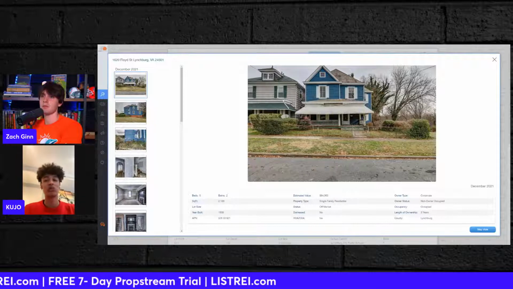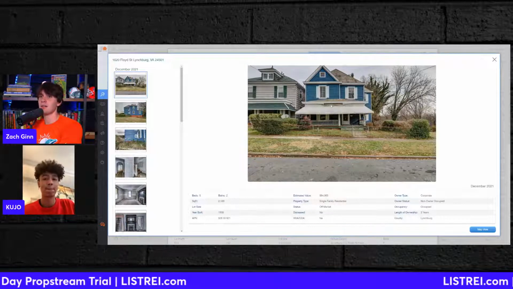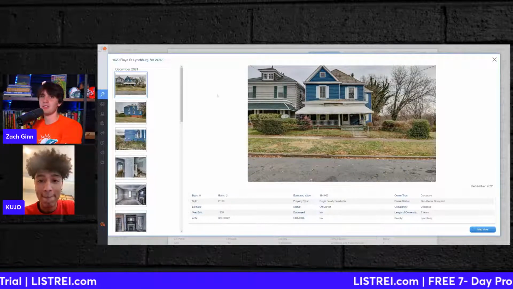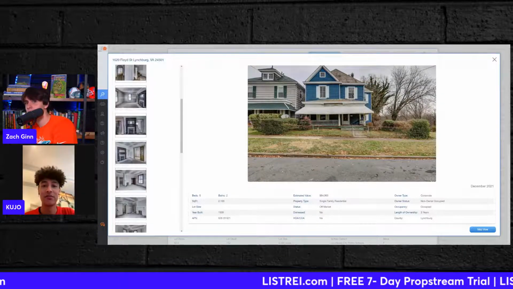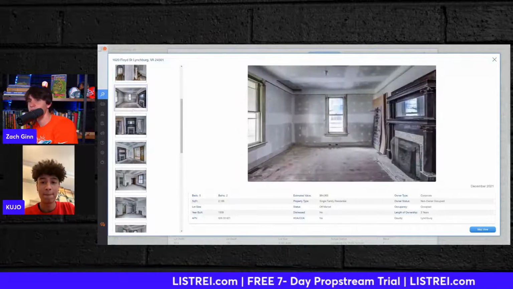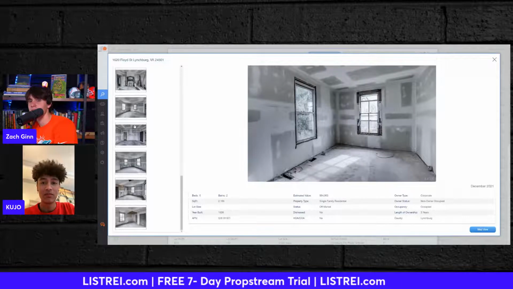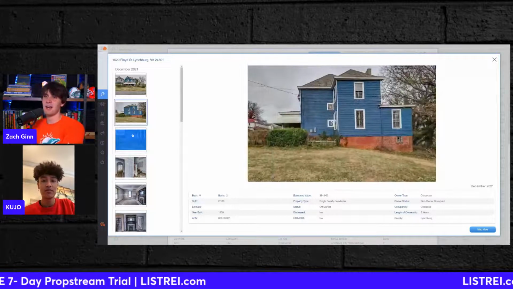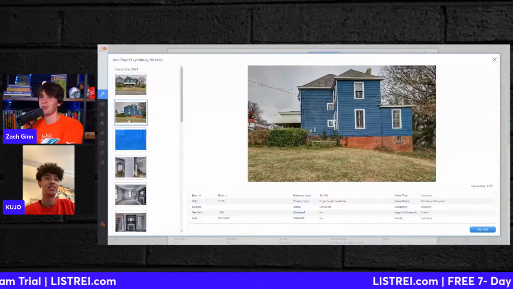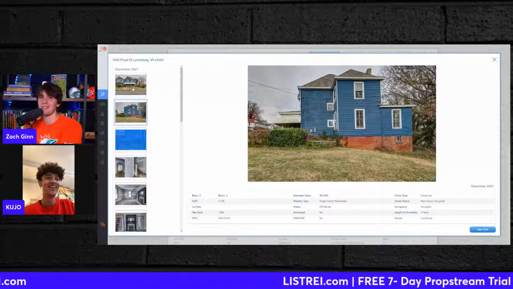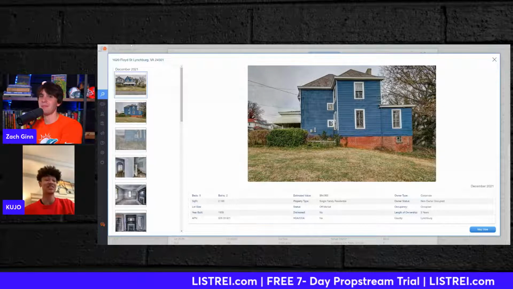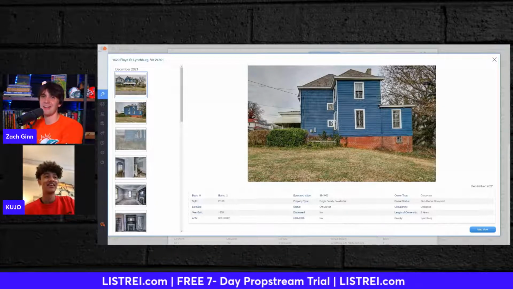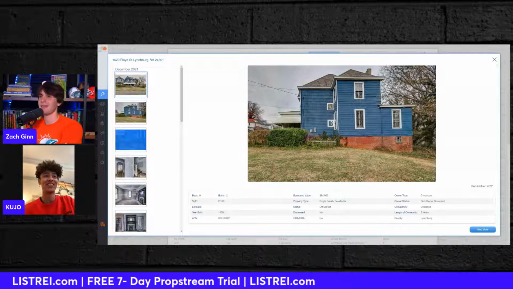If you found that house in that kind of neighborhood, how would you go about dealing with it? Bro, do you see the roof here? I'm calling that. Are you kidding me? Look, that looks like a distressed house to me. Yeah. Bro, look at this. Bro, come on. That one already sold? Yeah, someone already bought it for cash because you decided not to wholesale in Lynchburg. Someone's making money because you didn't decide to wholesale here. That's wild.